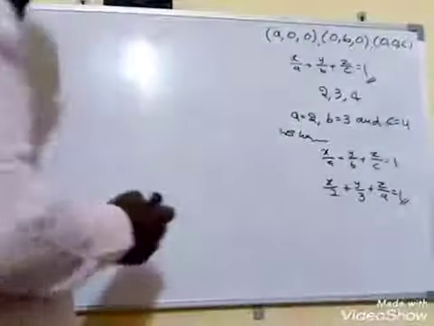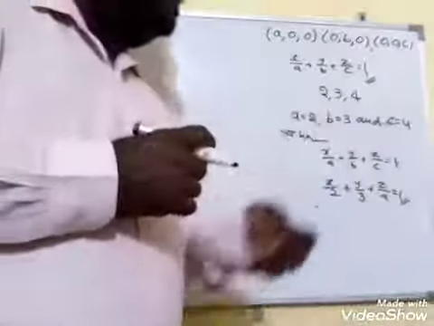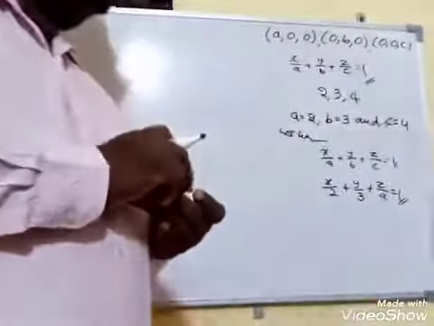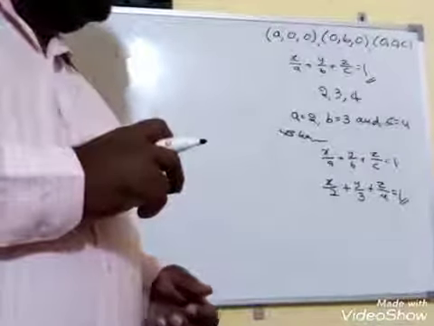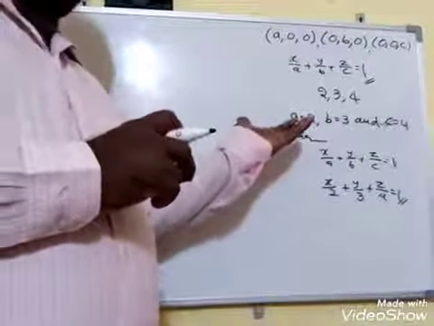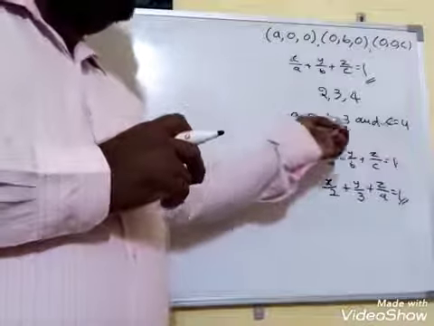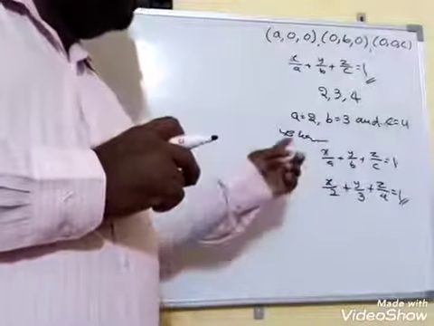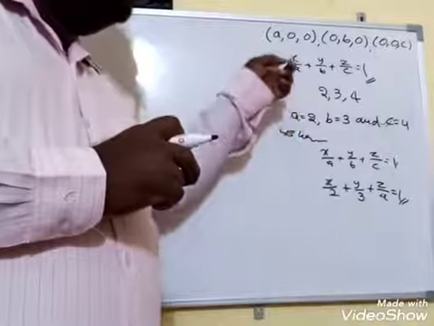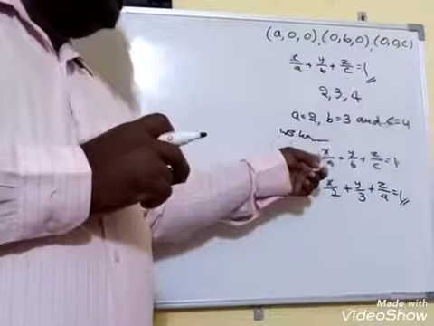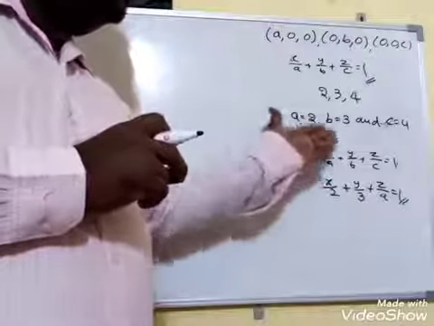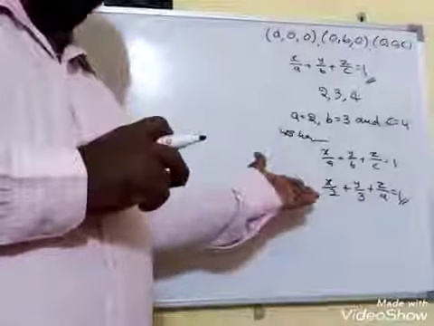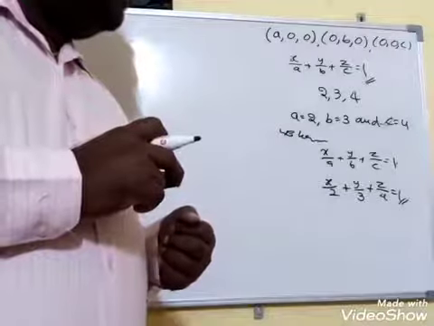One more question. What is the question? Observe there once again. Find the equation of the plane which makes intercepts of 2, 3, 4 on the coordinate axes respectively. Clearly, what are they given? The coordinates of the intercepts, no? A is equal to 2, B is equal to 3 and C is equal to 4. Therefore, we have the equation of the plane in the intercept form: x by A plus y by B plus z by C is equal to 1. Substitute A is equal to 2, B is equal to 3 and C is equal to 4. Hence, this is the required equation of the plane.